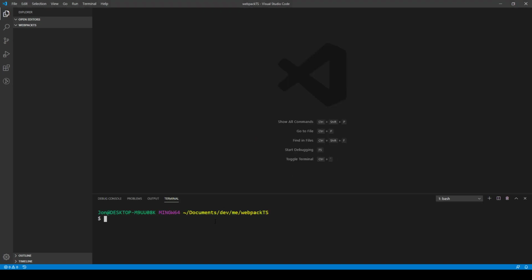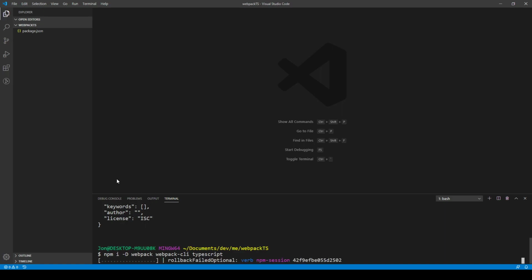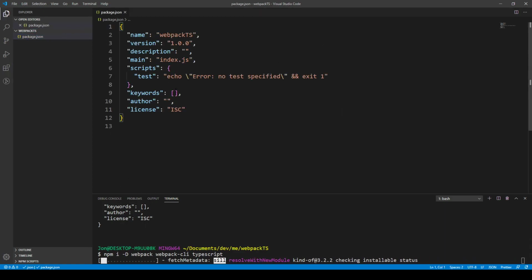So we can go npm, and make sure you have Node installed, of course, init -y, so I'll just say yes to all of the questions. And okay, so now what we'll do is we'll install a few dev dependencies. So we can do an npm i for install -D for the dev dependencies, and we can type in webpack, webpack-cli, and also typescript. And what that will do for us is inside this package.json file, it will add